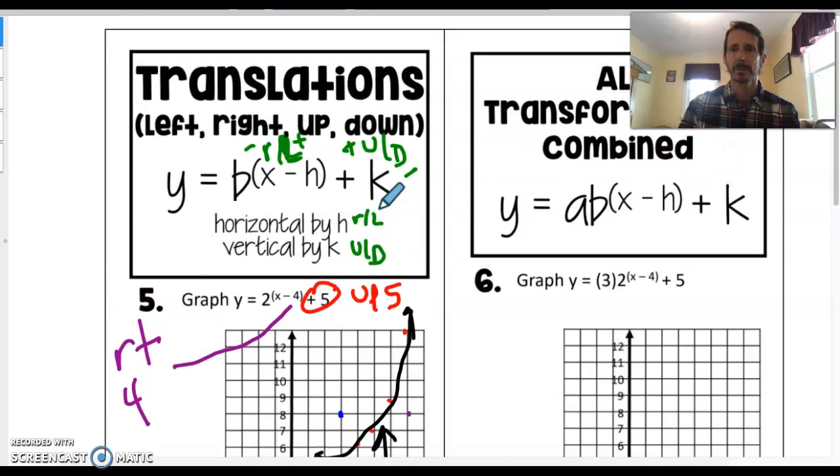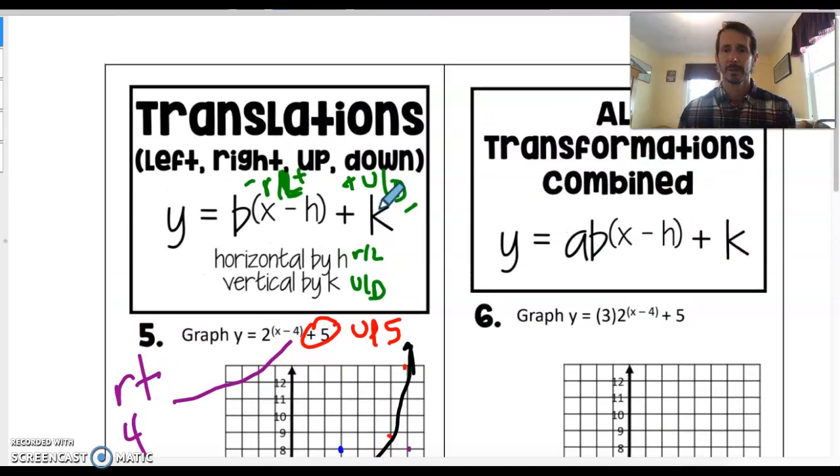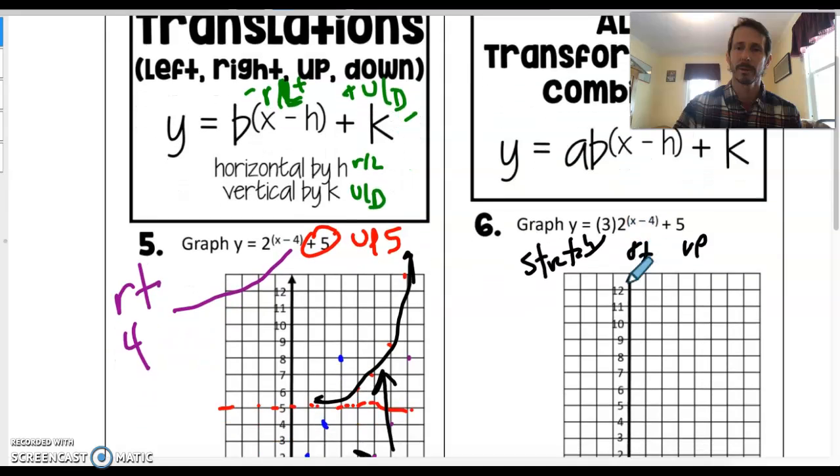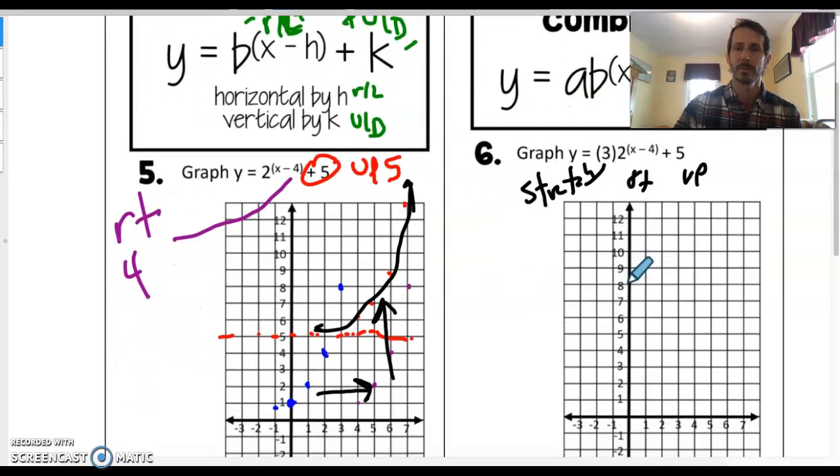All right, last scenario, everything combined. Here's the nasty situation. So we have a stretch of 3. We are still going right 4, and we're still going up 5. But we have this extra stretch in here. So that's a little bit annoying. And so I'm going to show you one approach, if you don't want to deal with